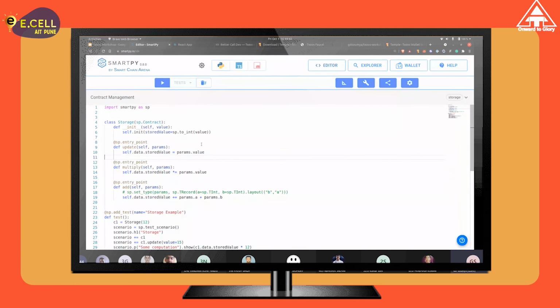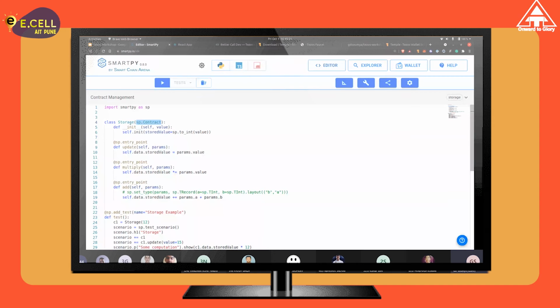So I was talking about how SmartPy is very similar to Python and just basically a Python package, and all you're writing is Python code, right? You can see it here. To start off with the smart contract, you first need to import SmartPy into your file. This is basically importing the SmartPy package into the code. And if you want to create a contract, in SmartPy we define contracts as classes, right? So you create a class and then you pass in sp.Contract as a parent class, basically.